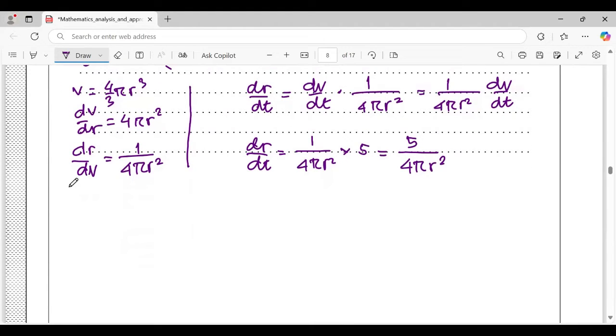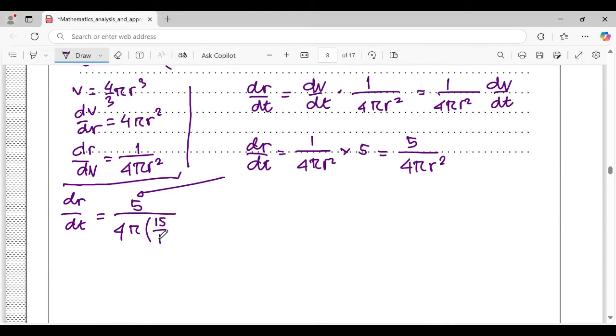So dr/dt equals 5 over 4π times (15/π) power 1/3, all squared, or 5 over 4